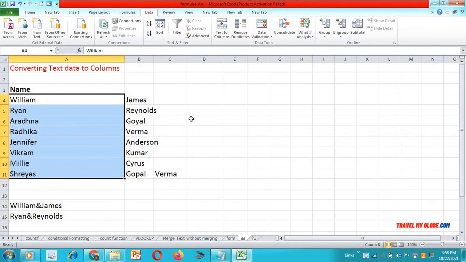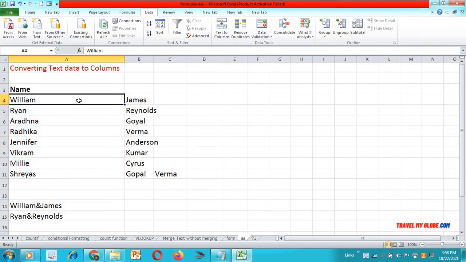You will see that your text data has been converted into two columns. Wherever the space occurred, it has converted the data into columns. Previously William James was in one column, now it is in two columns.